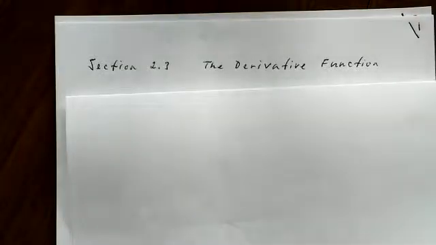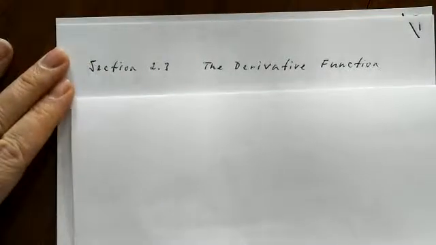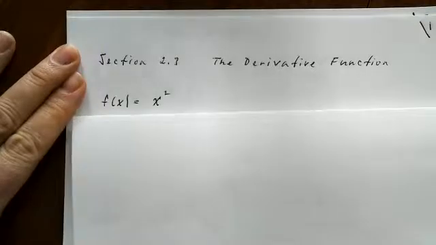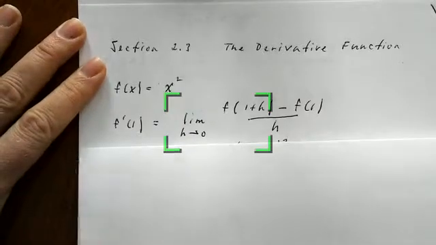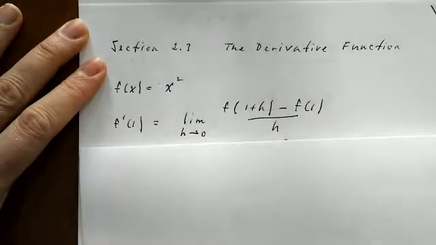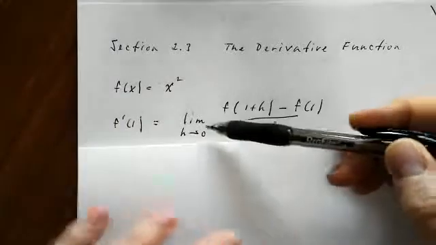Okay, section 2.3 in our text is about the derivative function. So let's take a review of the derivative at a point. I'm going to look at the simple example f of x equals x squared and calculate the derivative at x equals 1. We know from what we've been doing in class that if we want to calculate f prime of 1,